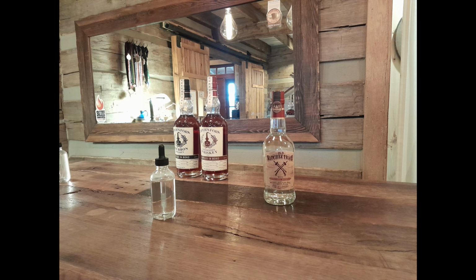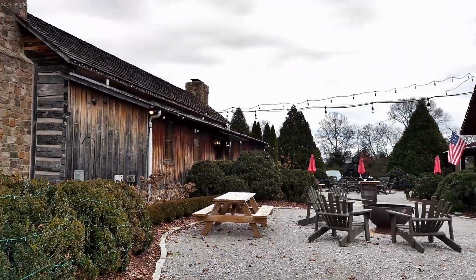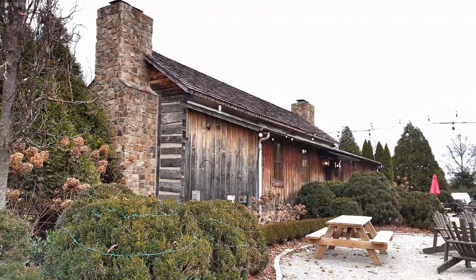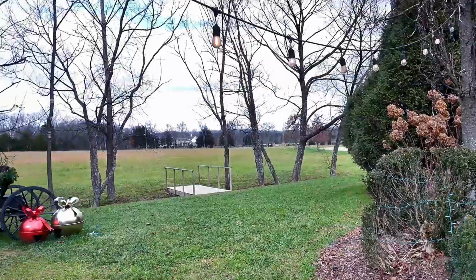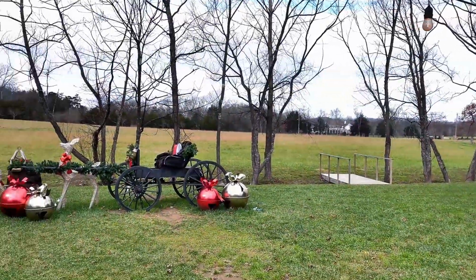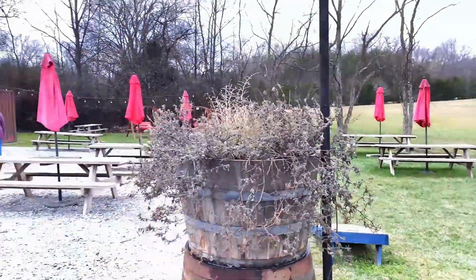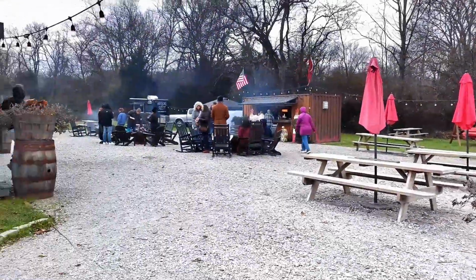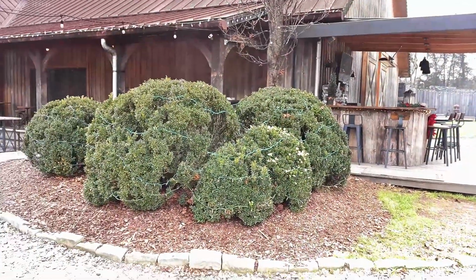Anyway, I've skipped a lot of stuff. Again, it was a 1-hour tour. You need to go there and take their tour when you're in Franklin or near Nashville. However, you should stick around after your tour and go out back. I assume they do this on weekends. I don't know if this was just a special weekend or what. But they had some fires going, and they had a little area where you could order drinks. They also had a taco food truck